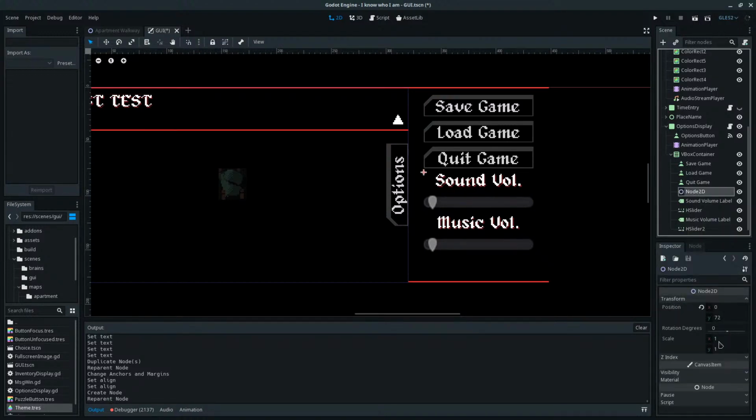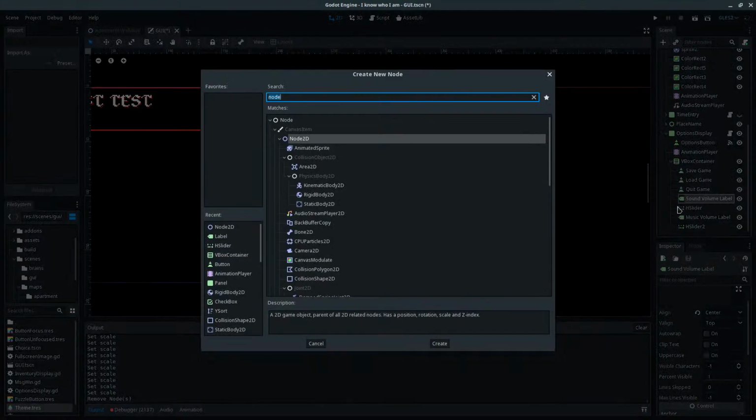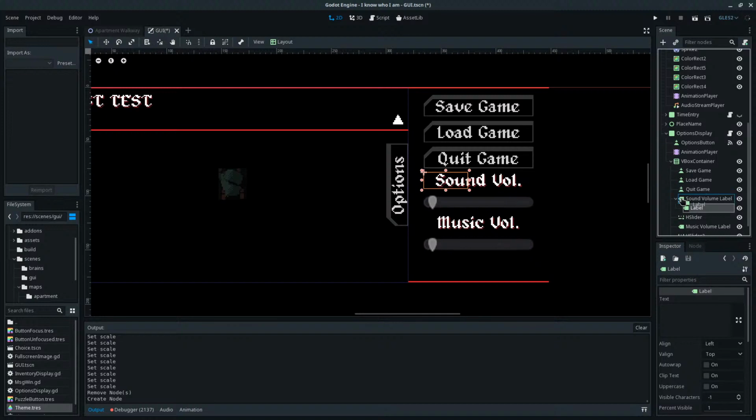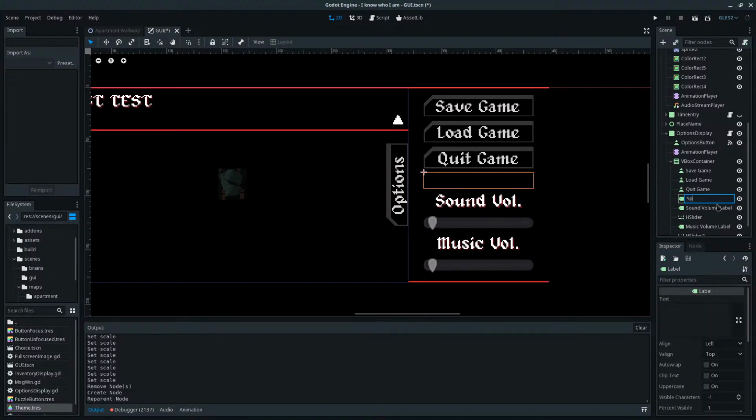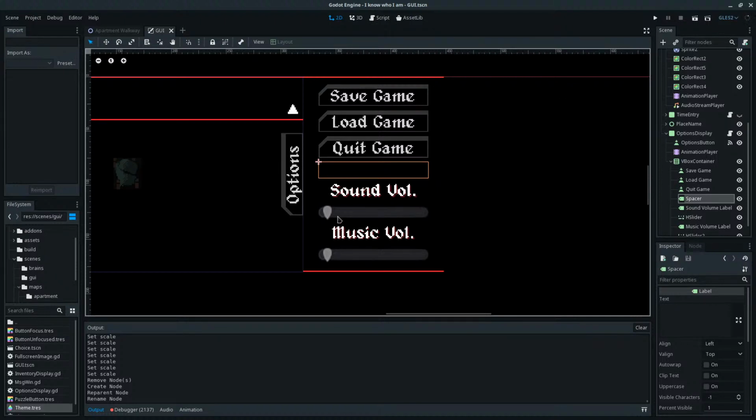Nah, that doesn't seem to work. I guess I can just add a label as a spacer. That's tight, but that does cover all of your options.